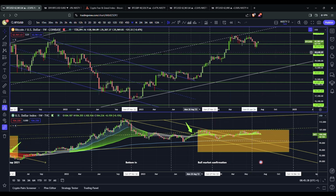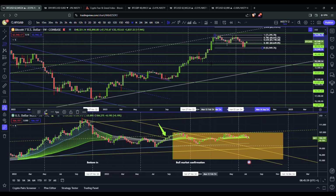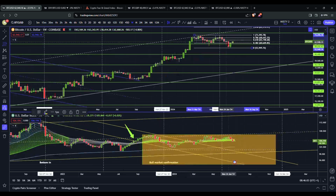and we want to actually do a quick Fibonacci retracement where we go to the top of this candle, this weak candle, and place it like this to see where Bitcoin is going to find resistance next. And we can see that the next resistance for Bitcoin is the Fibonacci 0.618 around 65,000, and the 0.7 around 68,000. So that means Bitcoin is going to basically struggle around 65,000 and